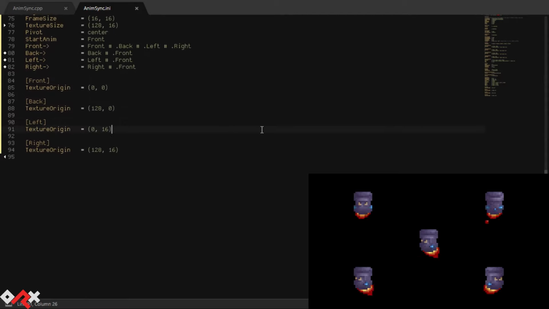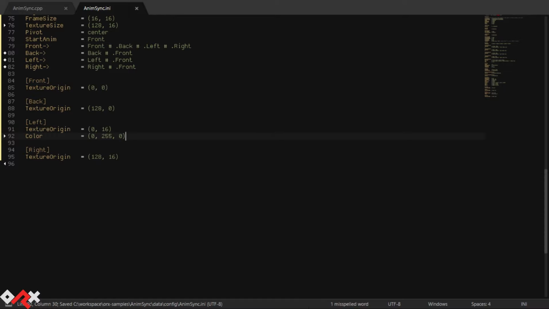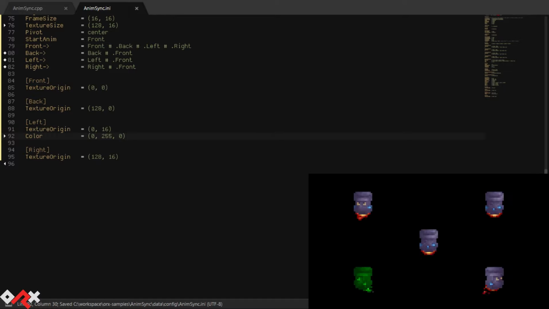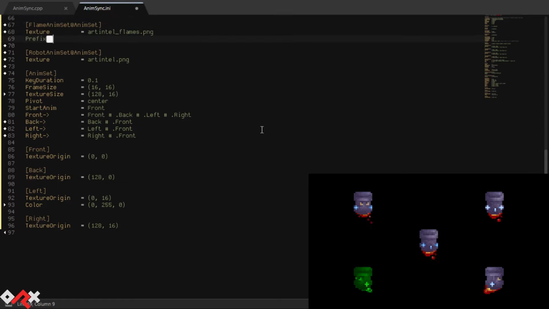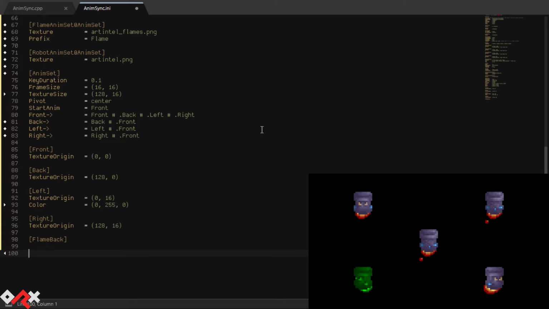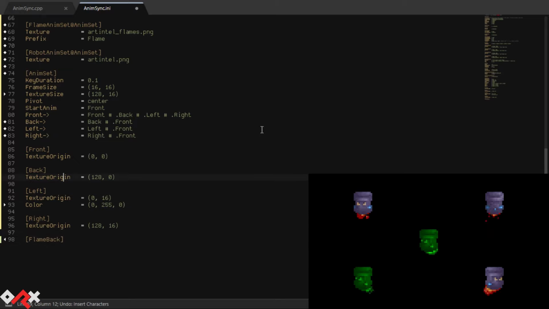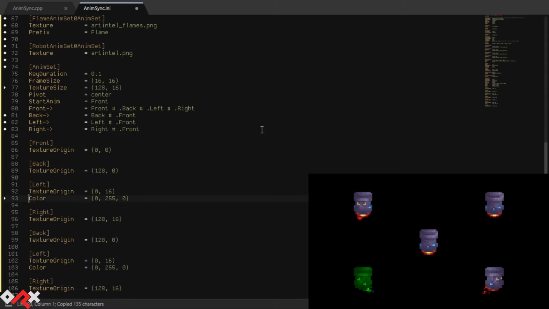Let's see if we can make it more obvious by adding a green tint to the left animation. Unfortunately, this also affects our robot. In order to do some animation overrides for the flame only, we'll use a prefix in its animation set. The animations are still using the same name at runtime, however, when defined we can prefix them to override some of their properties.